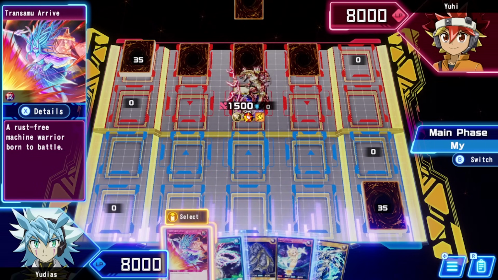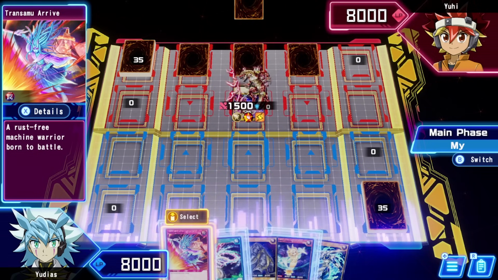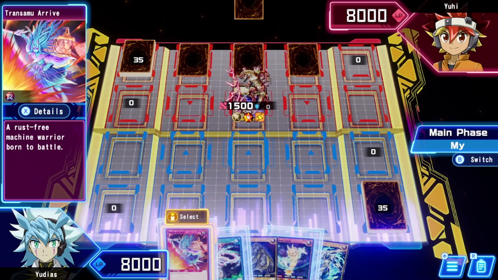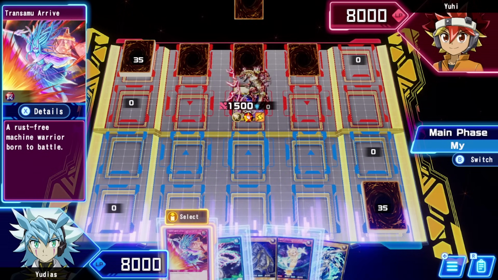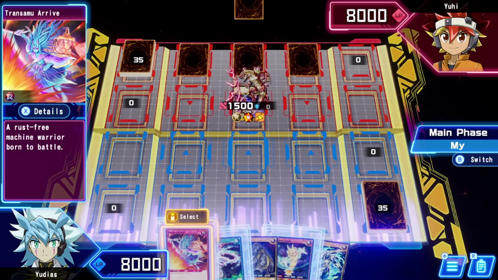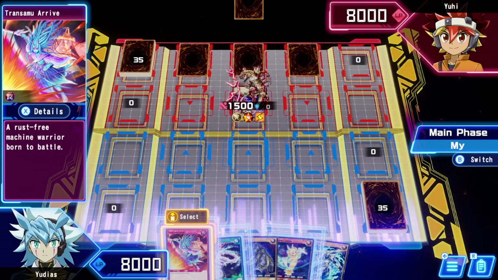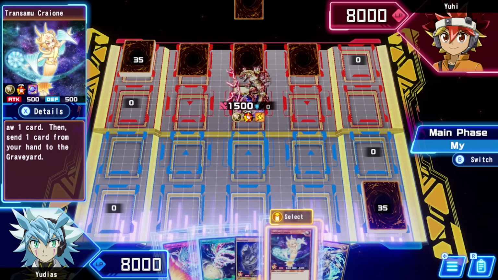And then we have this one. Transamu Arrive. Open up this wiki. Does it say? Okay, there you go. So requirement: when a face-up Galaxy monster you control is destroyed by your opponent's attack or your opponent's effect. If you control no other monsters, you can activate this. Choose one Galaxy normal monster with 1,600 or more attack in your hand or in your graveyard, special summon it to your field in attack position. Okay, so I think...